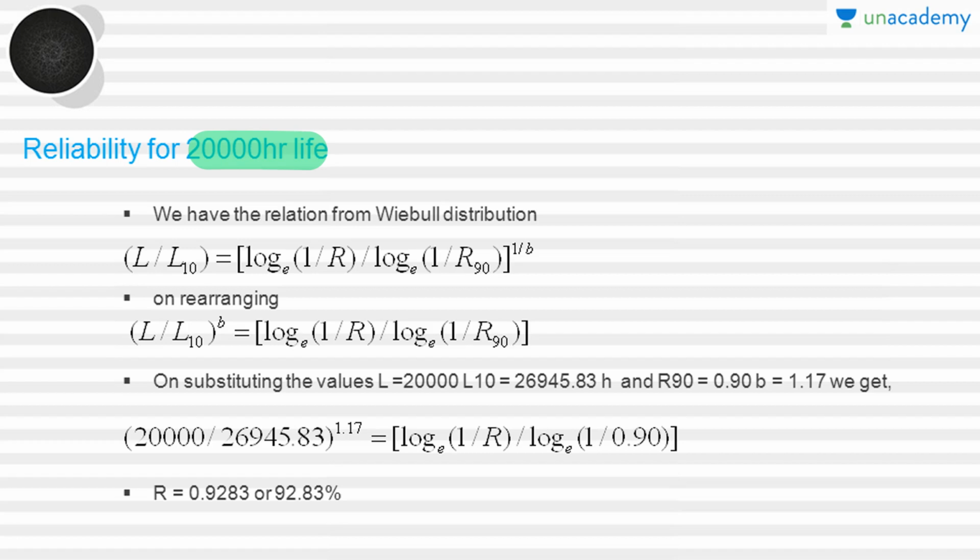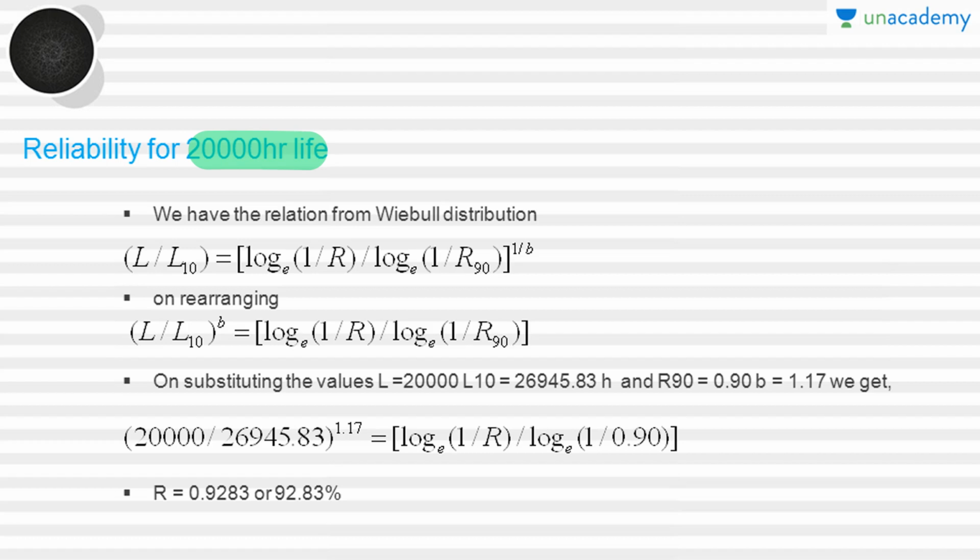On substituting the given life L, the rating life L10 that we got in the last slide, the value of R90, which is 0.9, and the given value of b, 1.17, we get (20,000 by 26,945.83) to the power of 1.17 equals log e 1 by R by log e 1 by 0.90. On solving for R, the reliability corresponding to 20,000 hours of life, we get R equals